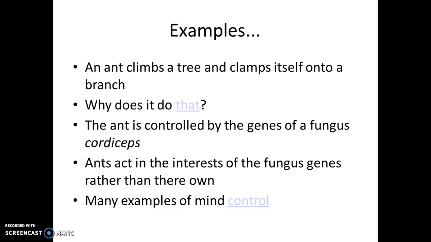There are other examples where genes can take control of other organisms. Click on this link here if you want to watch this. It's a rather scary thing that an ant climbs up a tree and clamps itself onto a branch. And you think, well, why is it doing that? What weird behaviour. Well, it's actually the ant is being controlled not by its own genes, not by its own brain, but by the genes of a fungus. So a fungus infects the ant and manages to take control of the ant's brain to allow the fungus to survive and reproduce. There are many examples of this. This is called mind control. There are examples of